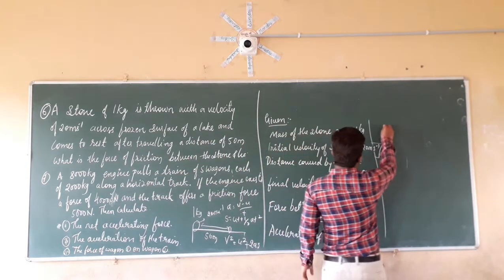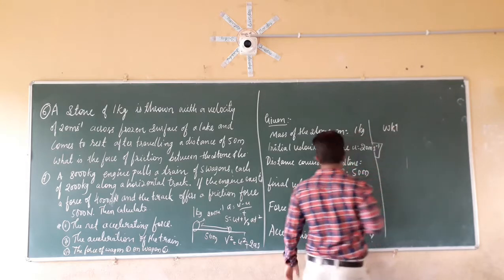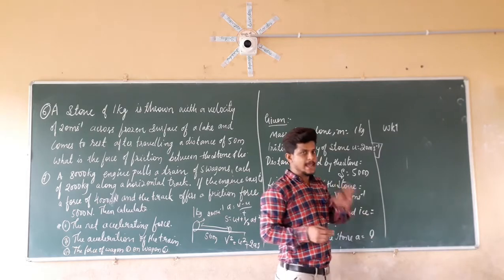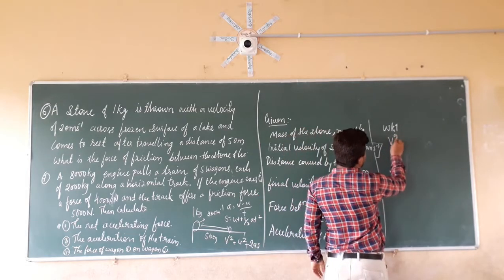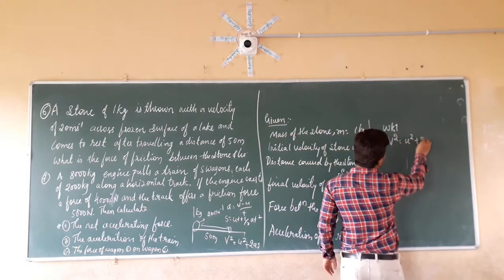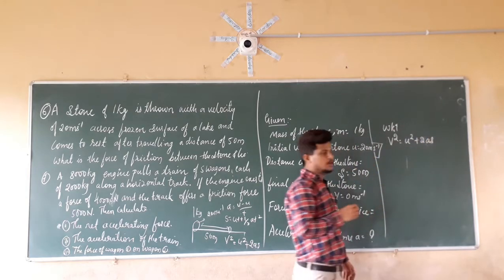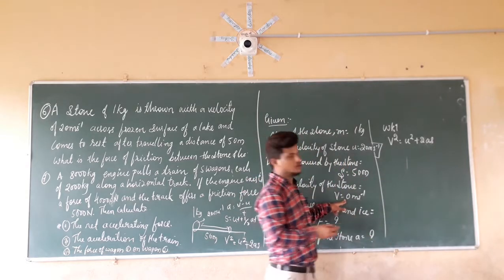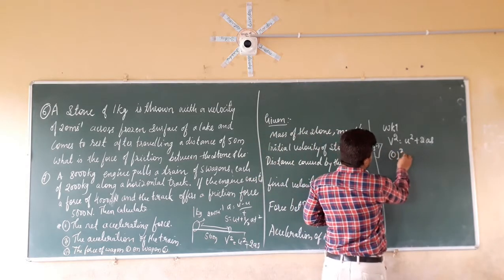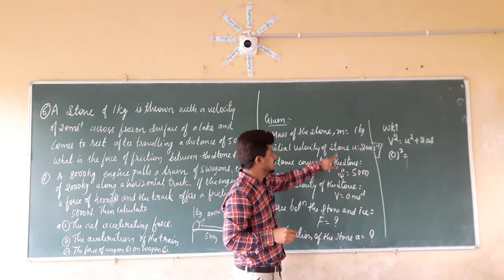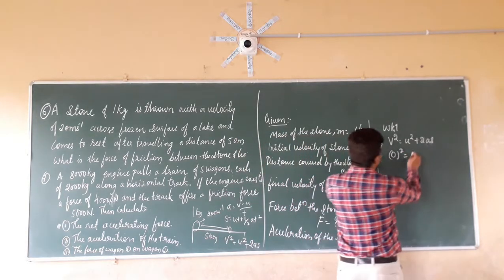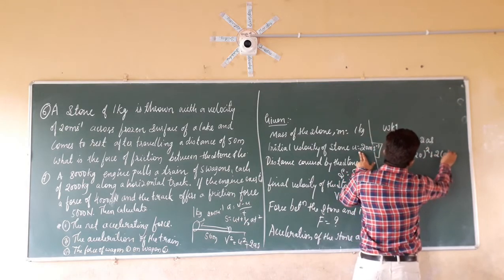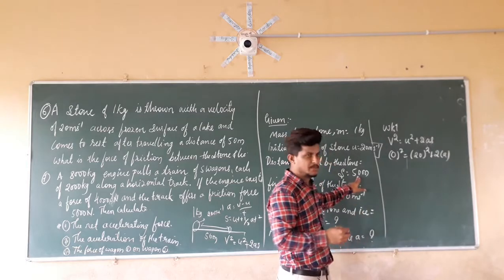So we know the relationship between the position and the velocity. Using that relationship, we are going to find out the acceleration. Therefore, v square equal to u square plus 2as. Where v is given as 0, so it will become 0 square equal to, u here is given as 20, so 20 square plus 2 into a, and s here is given as 50.